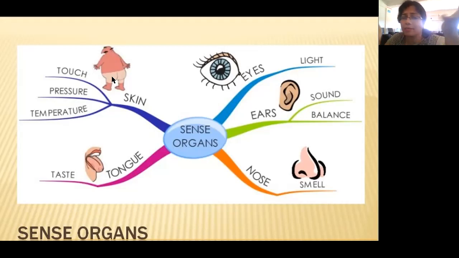And if there is something cold, hot, warm, how do you feel? Just looking at that, can you make out whether the particular thing is cold, hot or not? If it is super hot, you can see the steam. But if it is mildly hot and there is no steam coming, can you make out whether the object or the thing is hot or cold? No, right? You can't. So you have to touch it and see. When you touch it, you feel the temperature of it. Yes, that is what the skin does for us.